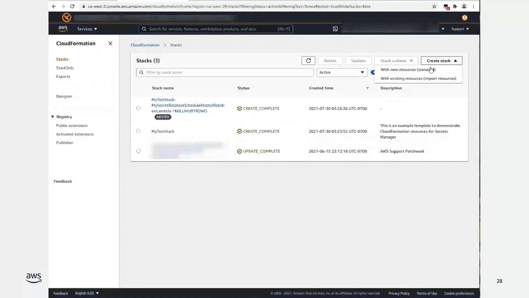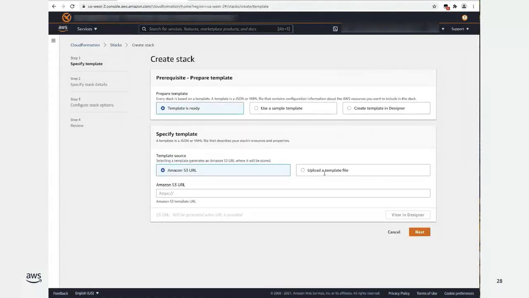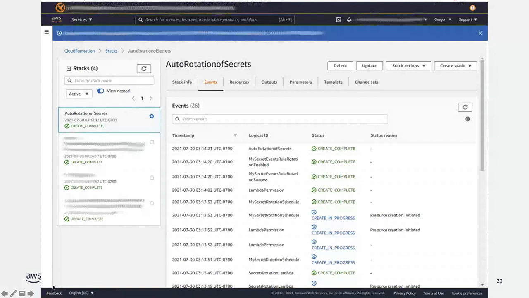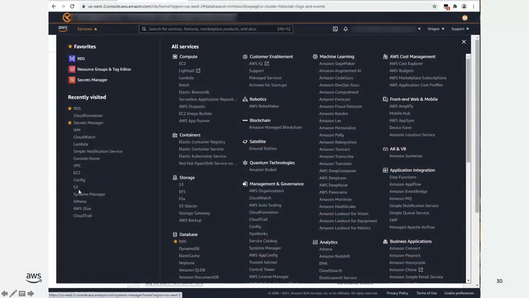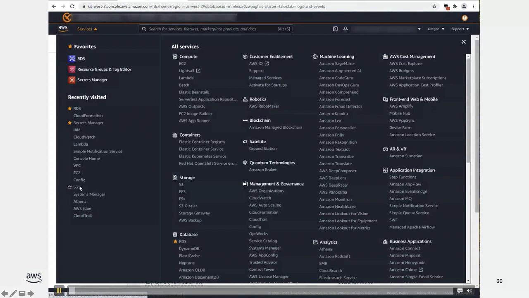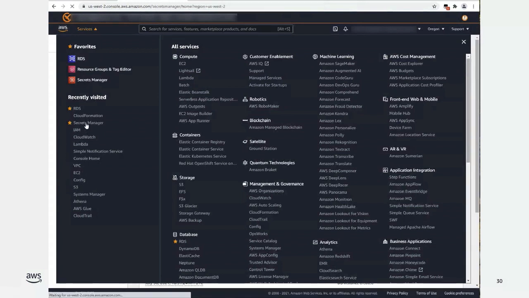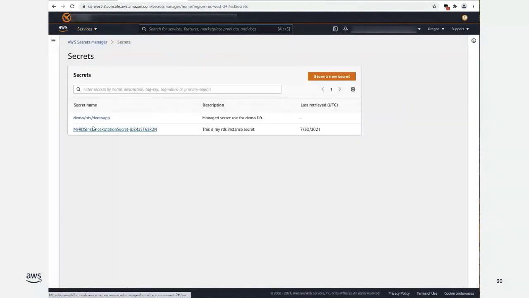So going to the next slide, you can see for a shortcut that it has already been configured. So here we can just see again that the stack was successfully created. Next slide. Okay, so now that the secret has been automatically configured to rotate, we're just going to go through and verify that the